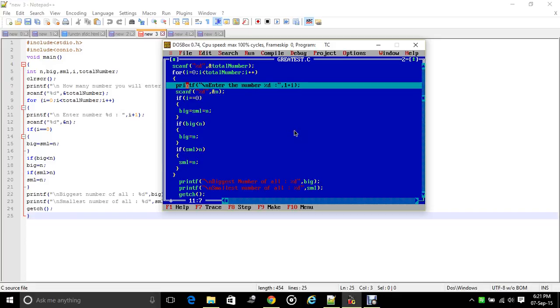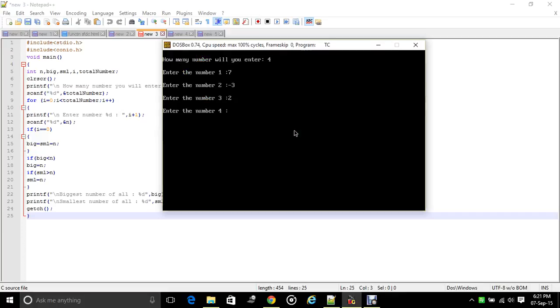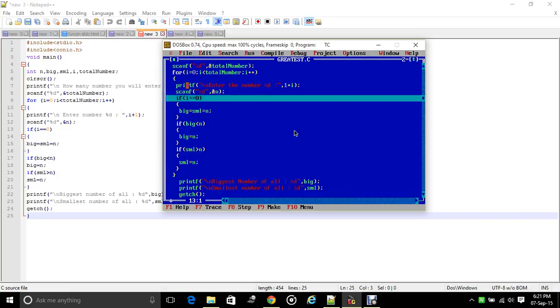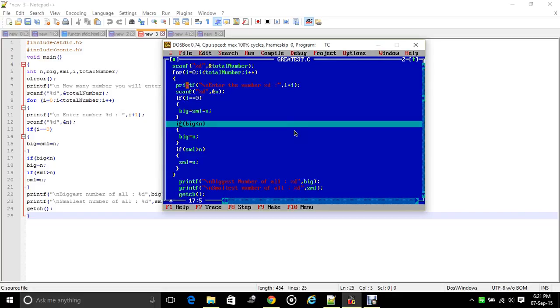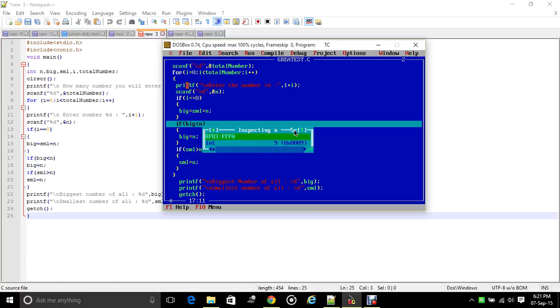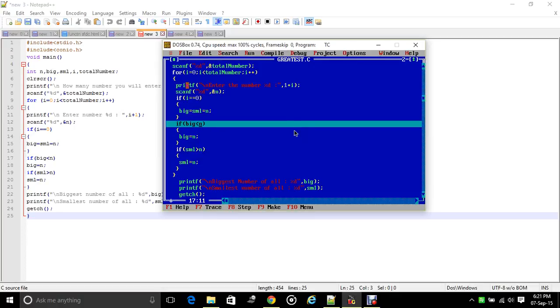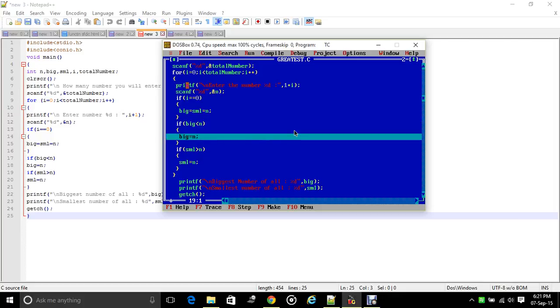Okay, for the last time the loop will continue. For the fourth time, enter the fourth number. Suppose we will enter here 9, greater than 7. Remember now the value stored in big will change. Notice it. If I is equal to 0, absolutely the condition will be false. If big less than n, in big we are holding 7, now in n 9. 7 less than 9, condition true, it will enter the if condition.